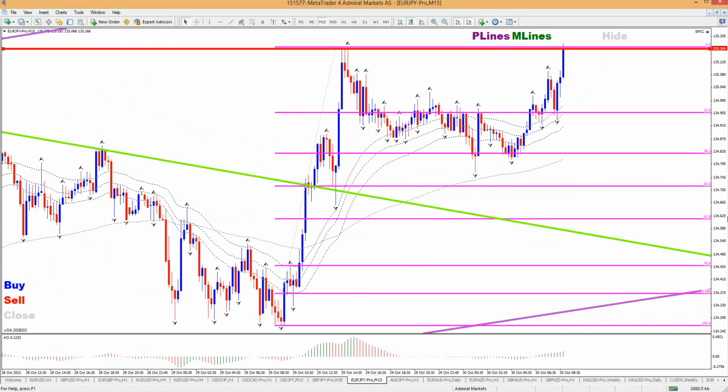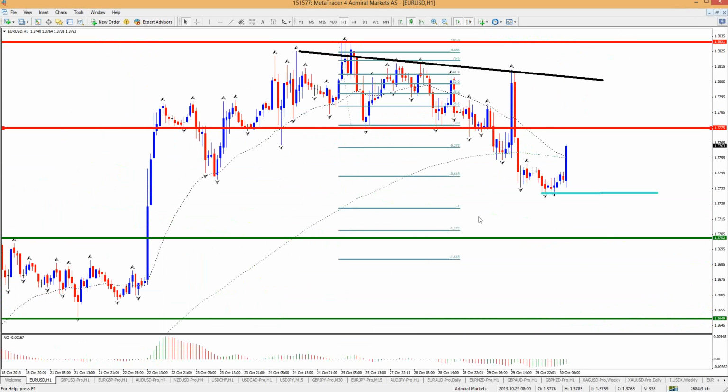Regarding the head and shoulders, I got a question on how we can project the downside target of the head and shoulders formation on the euro, for example. Personally, I always use Fibs for that. But indeed, there is a way to calculate the difference between the head and the shoulders, and then add it to the neckline. That would be the target.